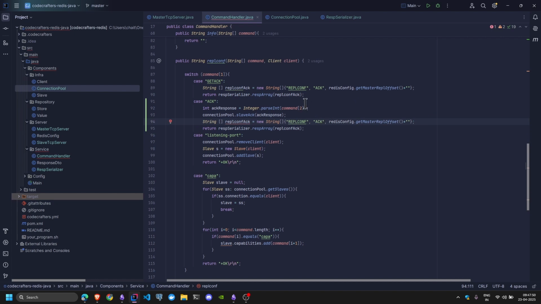Let me explain it to you a little better. So when my slave receives this command get ack, it will return the offset that it has, the bytes that it has processed. In this format, it will be returned back to the master. So master will receive a repl ack command. So the repl command will come here, and for the ack command, we'll get the offset that the slave had, and that will be equal to the ack response. For the ack case, we need to process this ack response, right? We haven't added any support for processing this ack response right now, but we need to calculate how many